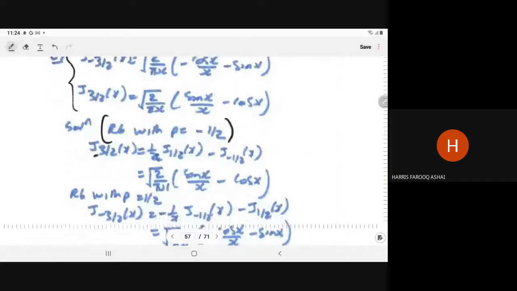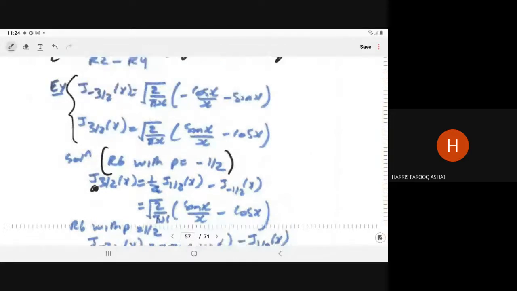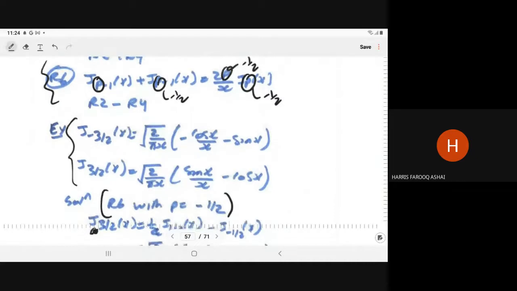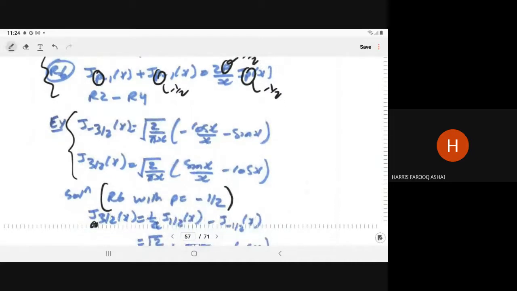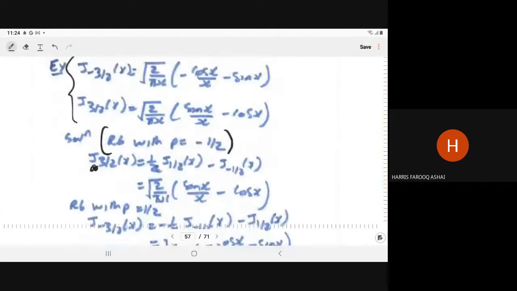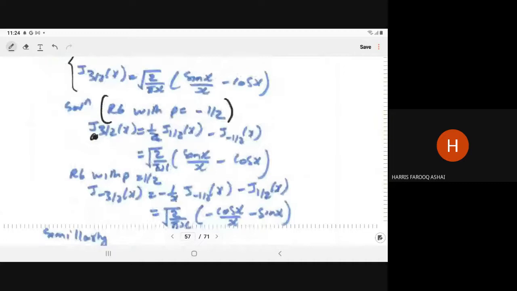So this will not come, okay, j 3 by 2. In one we have to put the... I think it is getting reversed. In this one p should be equal to half, in this one minus half. It is getting reversed, the answer will be the same but it is reversed, right?